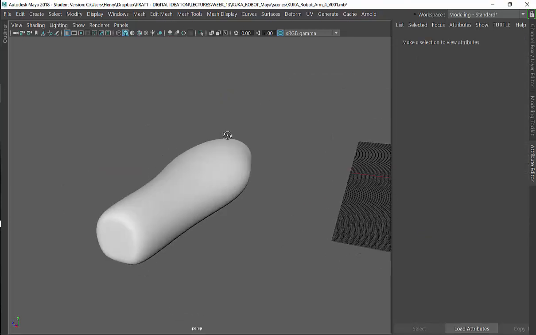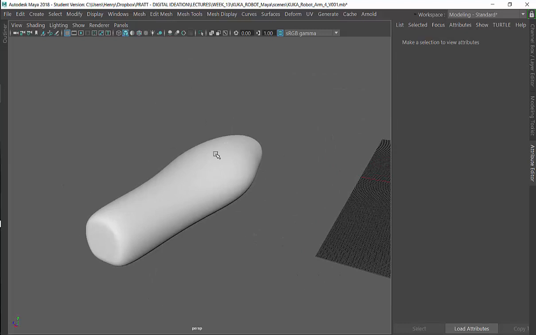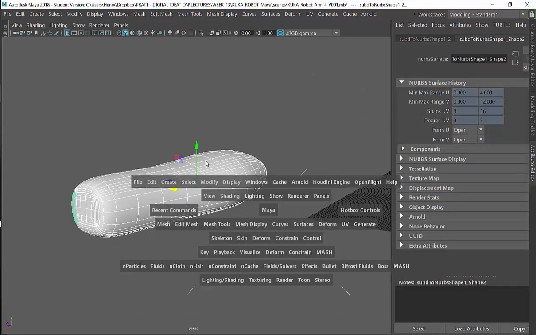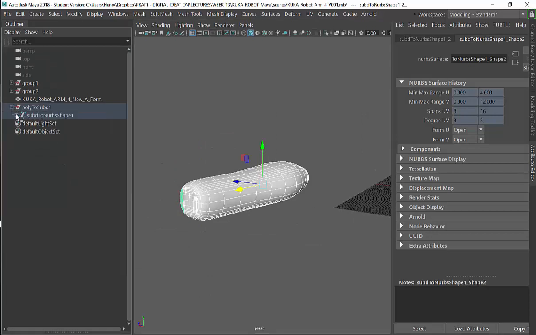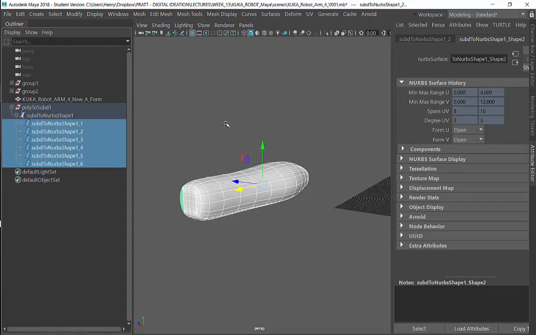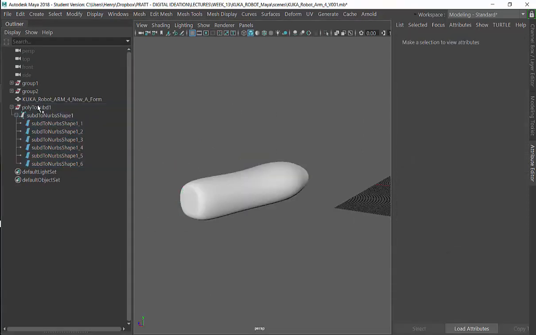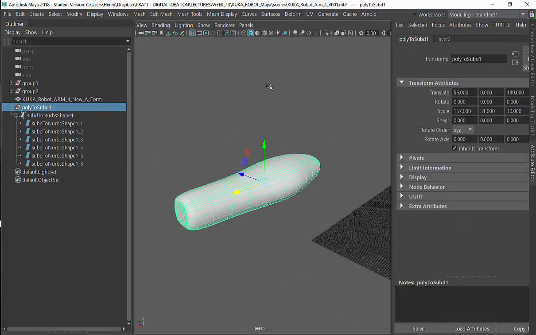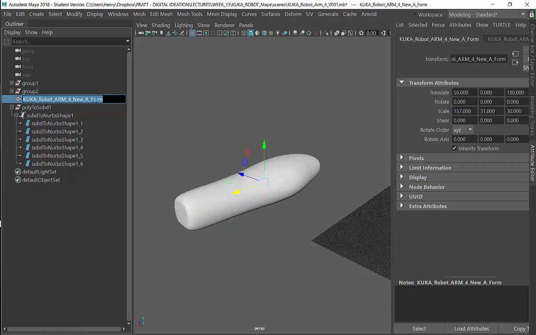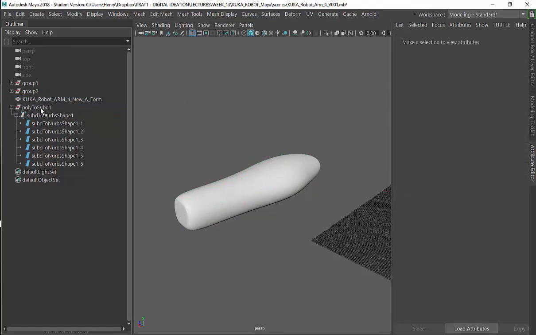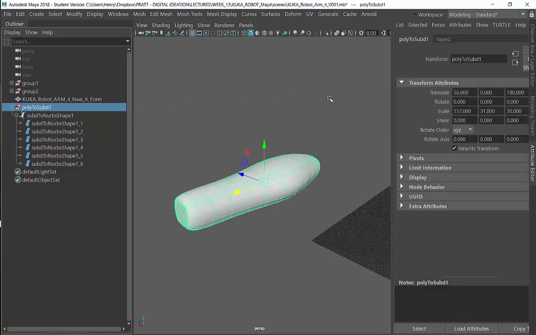So now what you will be doing is selecting all of these surfaces. You can either select them like this, which will select each individual one at the lower level, or you can select the whole group like this. It really actually doesn't matter. But what I will do is I will select this name and erase it, and then